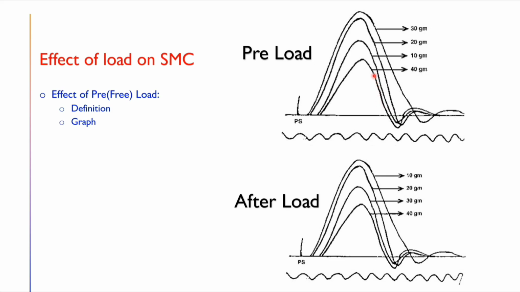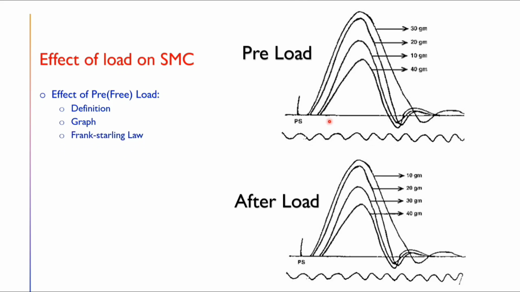So from this observation of the graph, what you can see, initially there is an increase in the height of contraction. Then later on it decreases. So whenever there is an initial increase in the height and then it decreases, it is always a graph of preload, remember. Initially the force of contraction is increasing with increase in the load, then it decreases. Why is this happening? You might be thinking why initially it increases then decreases. It follows one law that is known as Frank-Starling law.